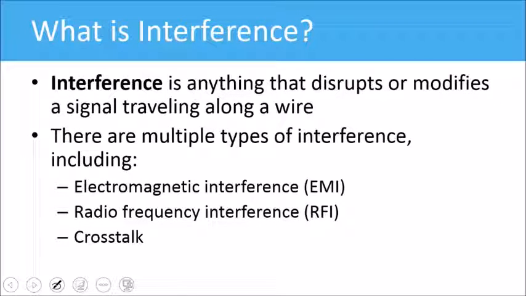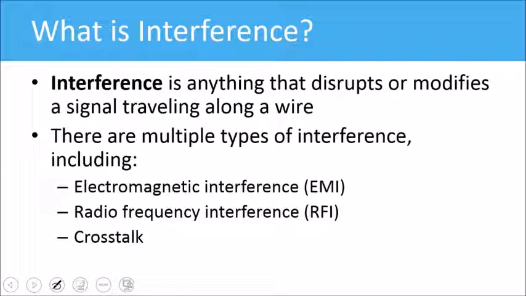All right, so we just talked about interference a little bit ago, and what is interference? It's just anything that can disrupt or modify a signal, and that ultimately would result in the corruption of data. There are a couple different types of interference. You have electromagnetic interference, you have radio frequency interference, and then crosstalk. Electromagnetic interference can be given off by a microwave or anything that transmits an electromagnetic field. And what that can do is essentially throw off those electrical signals that are being transmitted along